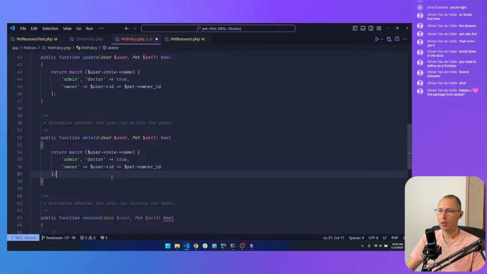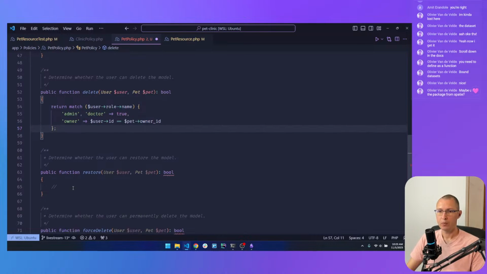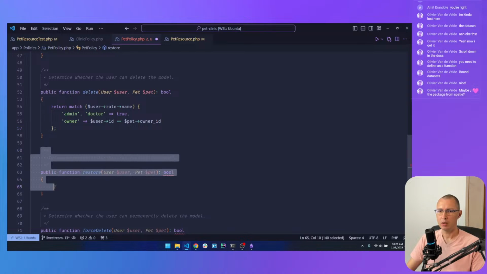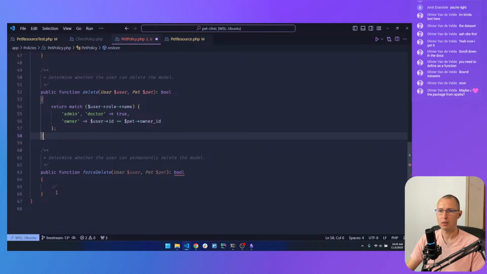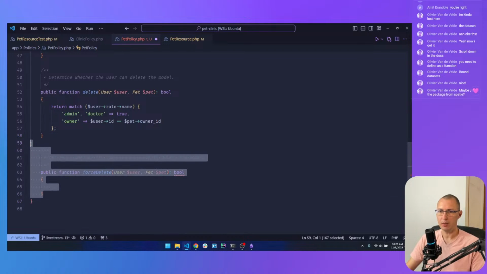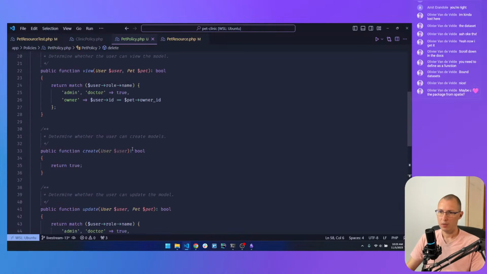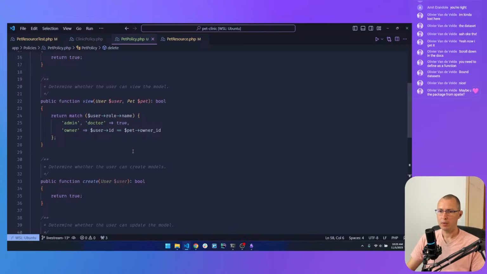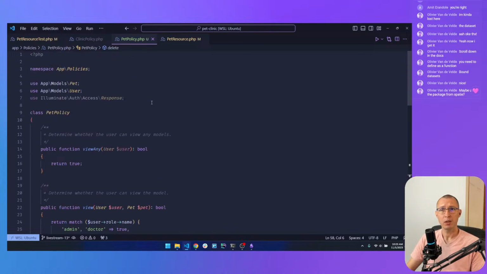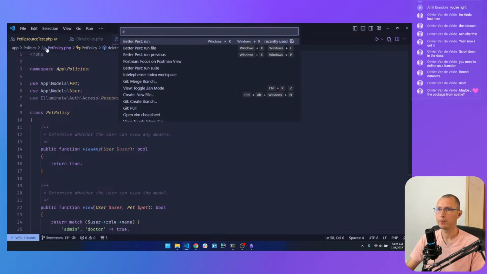We'll figure it out later. Owners, though, can only delete pets that belong to them. Restore, we're not using soft deletes. That doesn't apply. Force delete, that doesn't apply either. Save this. So we have the policies in place, and let's see what happens if we test again.